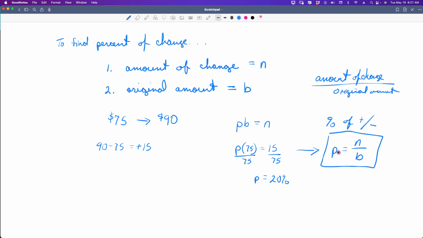And that's a formula that needs to go on the back cover of your book. So then you don't have to do this part. You would just go straight to this fraction here, which would give you this amount, right? So that's what you want to do. You want to do as few steps as possible. So if you already know the formula for the amount of change or the percent of increase or decrease, that's what you want to go to. All right, let's move on